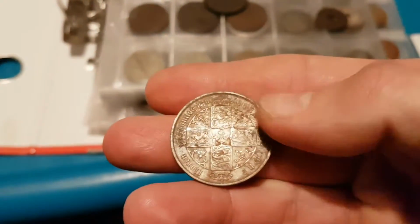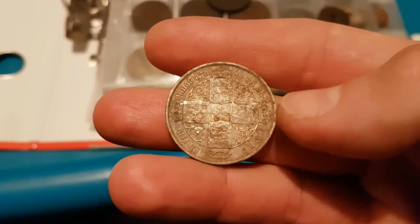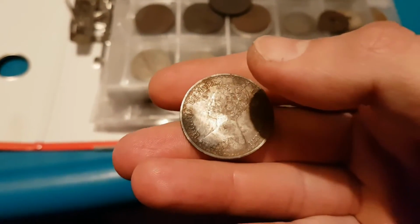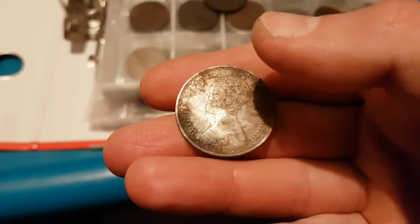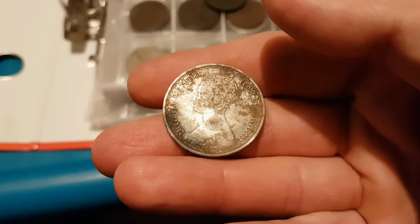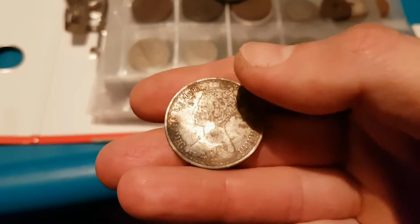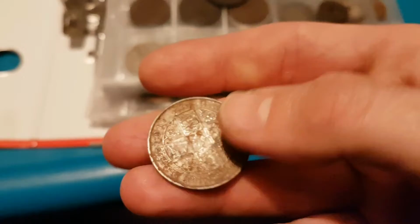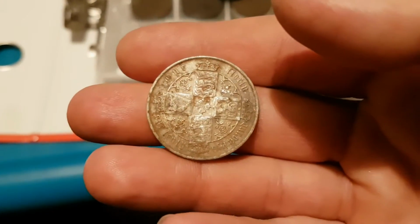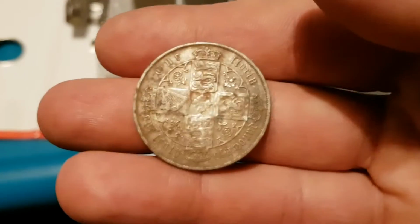Okay, my equally second best find is a Gothic florin, 1879 Gothic florin. I found this coin up at Berrima near a flattened tree stump. I was detecting around Berrima, around the parks, and I wasn't finding jack until I got to near this restaurant, which is an old house from the colonial era, and near there was a flattened tree stump, and this coin was only probably less than a centimetre under the ground. I got a high 46 on my Xterra 705 and dug it up, and I was equally gobsmacked to find this, like I was with the gold half sovereign. I was merely aiming to find Victorian era pennies and that sort of thing, but a Gothic florin, and wow,